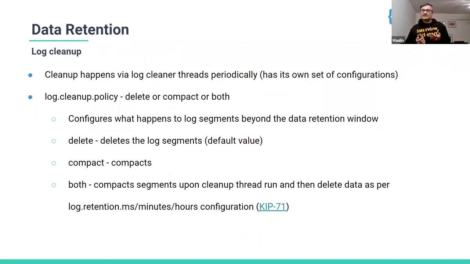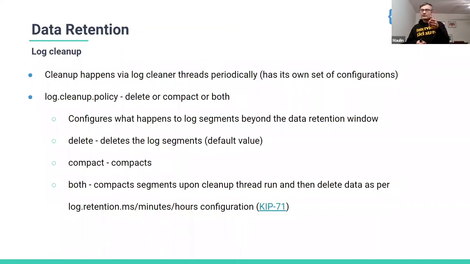So now, how does the cleanup work? Cleanup essentially happens via a background thread which keeps getting invoked periodically based on the configuration you provide. And it looks at a configuration called log cleanup policy. This is all on the broker side, obviously. That value could be delete, compact, or both in comma-separated form. When you choose delete, all it says is, okay, look at the retention policy, either data size driven or time based. I will look at that policy and delete based on it.